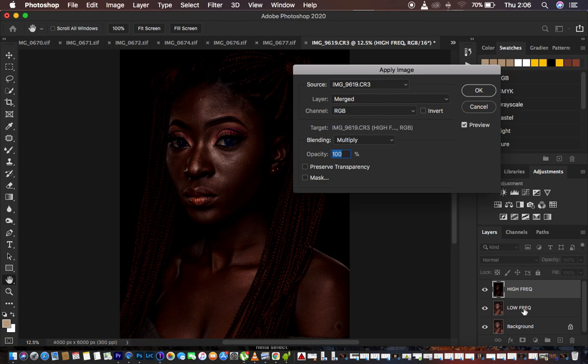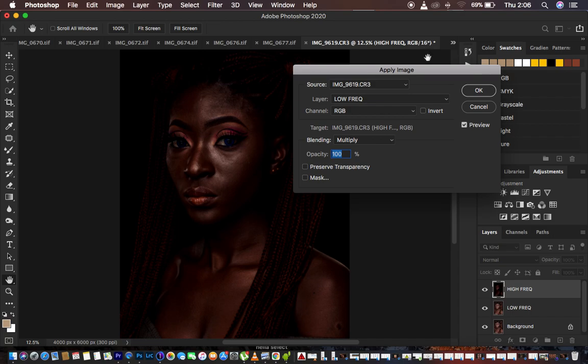Remember, we just want to extract them from this layer, from which we had to discard them somewhere. Remember, as we are blurring out the details, we stored them somewhere in this layer. So just come and select that specific layer, which is the low frequency layer, which stored our discarded details or textures. Then leave the channel to RGB, and since you have a 16-bit image, I hope you can see this,